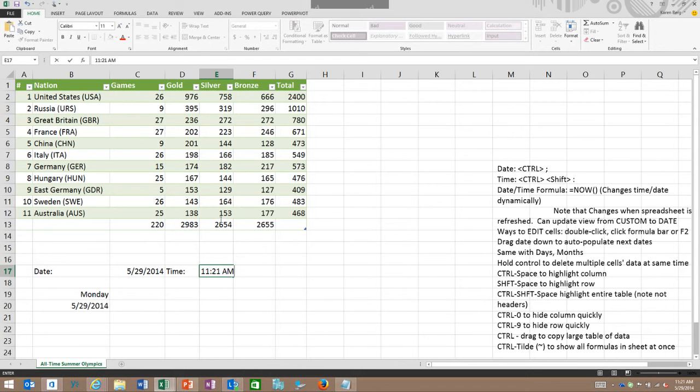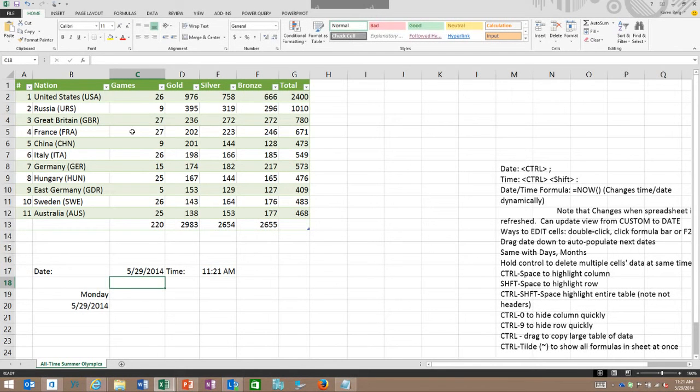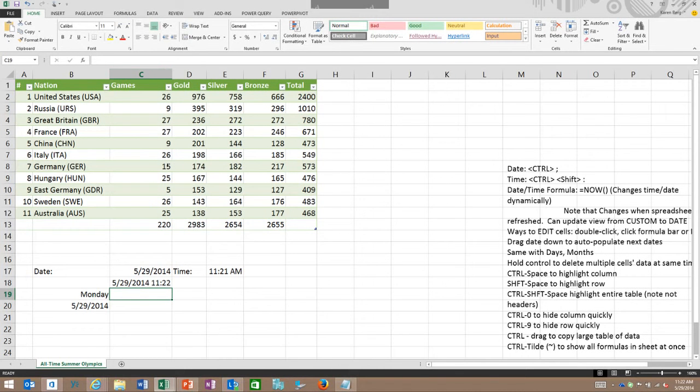Now, there is another way, and this way is not necessarily a keyboard shortcut, but I want to just mention it. Many may be familiar with it, because the idea of using formulas is definitely something that Excel is very powerful at. But you can also insert the time and date using a formula. And the formula is just by typing in a cell, type equals now, and the open and close parentheses, and you can see that it automatically populated that field with the time and the date. Now, probably the key thing to note is that when you click on that particular item, you'll see that it's actually populating it with the actual